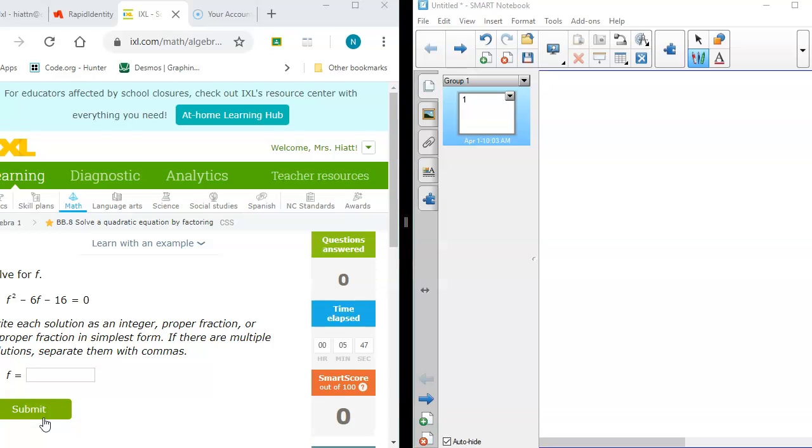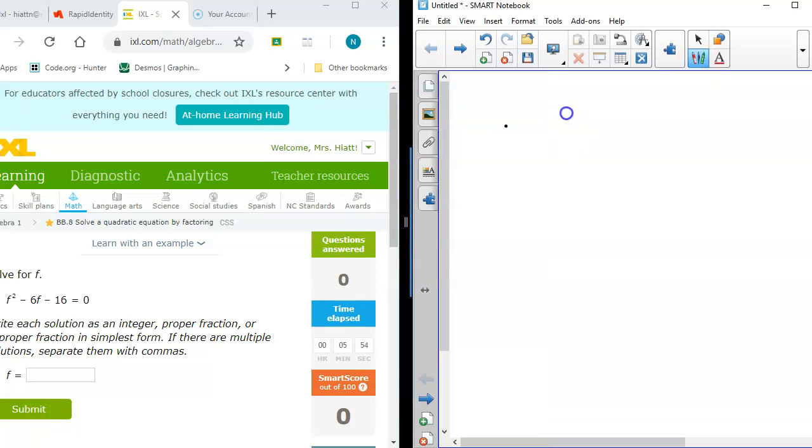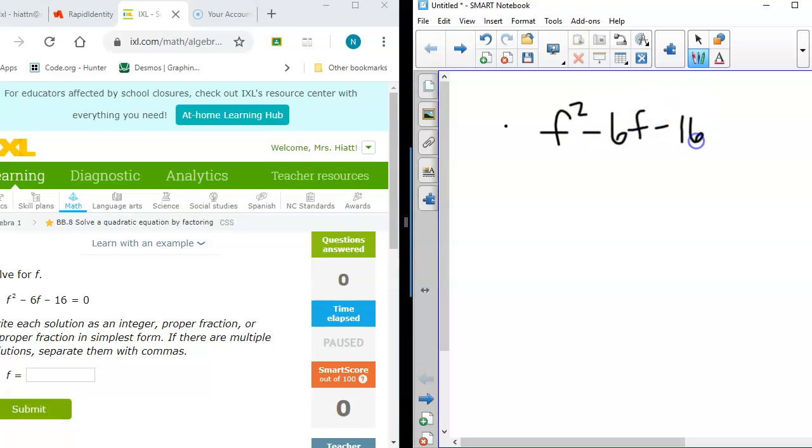So for this first question, we've got f squared minus 6f minus 16 equals 0. The equation's already equal to 0, so we don't have to move anything to the left or right. What we're going to have to do over here on the left-hand side is factor this into